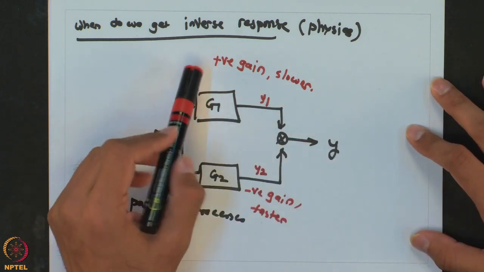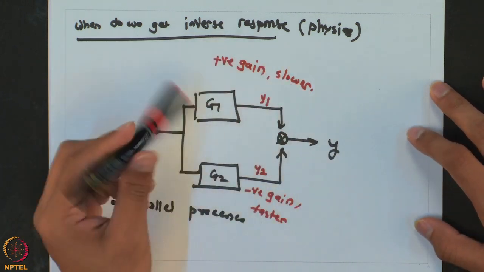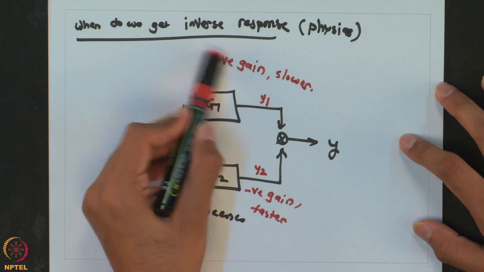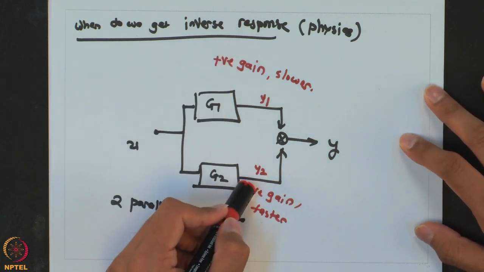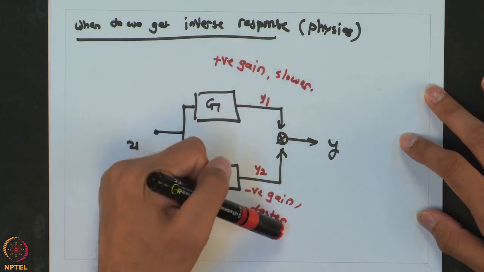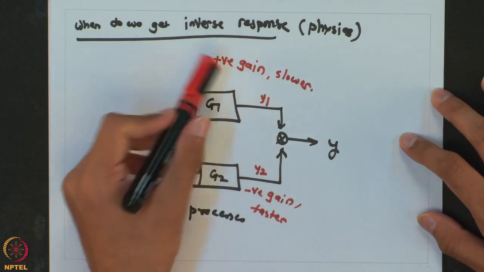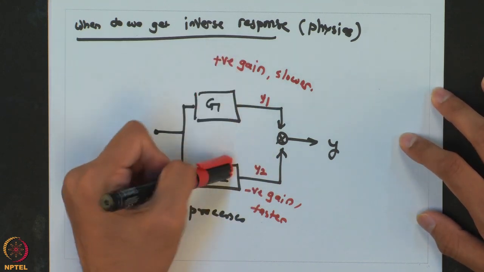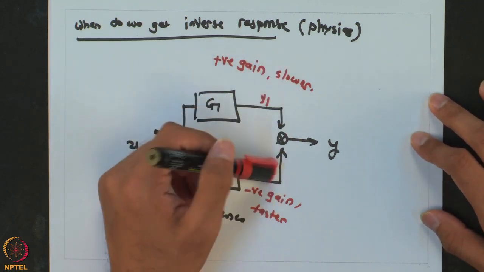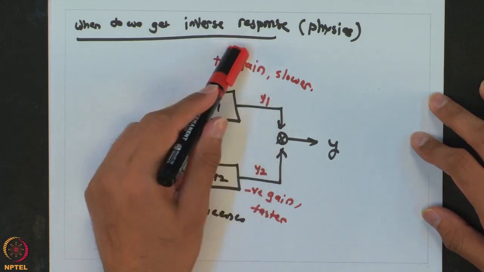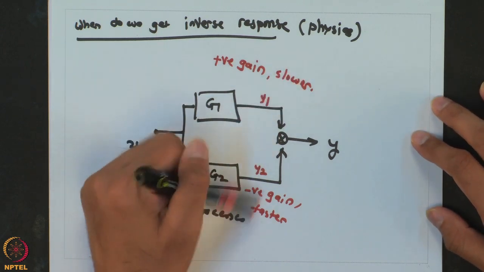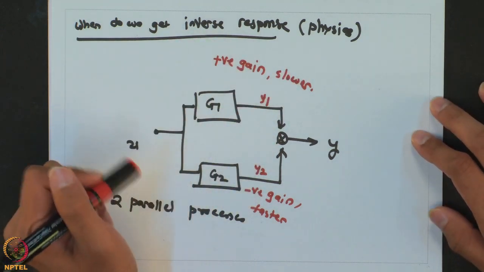The one effect has a positive gain and slower, and the other has negative gain and faster. The same thing, this can also be negative, in that case this has to be positive. So, the idea is there are two parallel processes which are operating at different time scales, and the gains are opposite to each other. The gain being opposite is very essential, and they also have different time scales. So, when you have that, under certain conditions or values of these different gains as well as time constants, you will get the inverse response, and mathematically you can find that out.